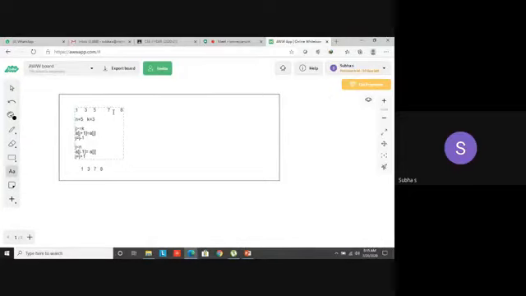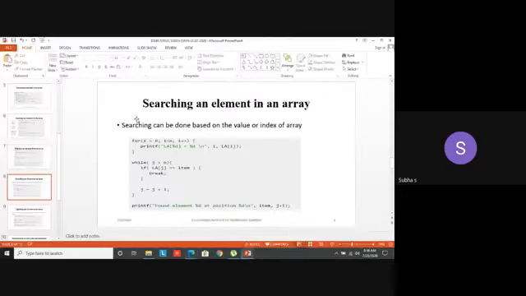This is one of the challenges in array. We will look at the end of the thing. While searching, the time complexity will be more. The operation is expensive. Expensive means it takes more time. Because I'm starting from the initial position, from this A of 0. A of 0 not equal to 7, so I'm moving one step ahead. A of 1 not equal to 7. A of 2 not equal to 7. A of 3 is equal to 7. So the element is found at this particular position. Okay, but it takes more time. That is the disadvantage in array itself.